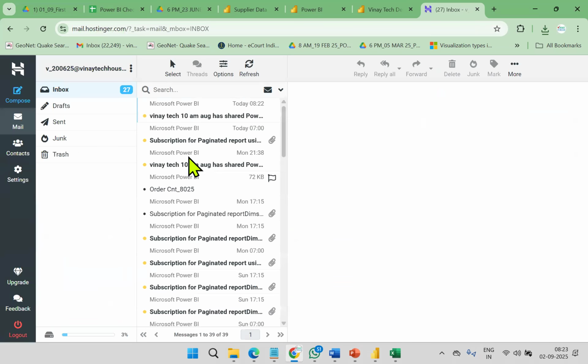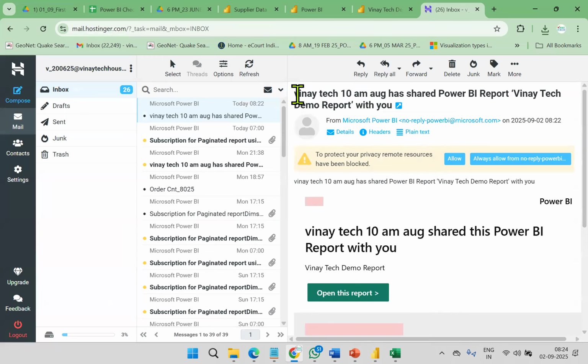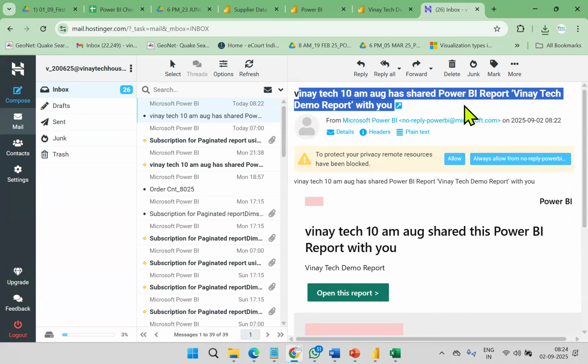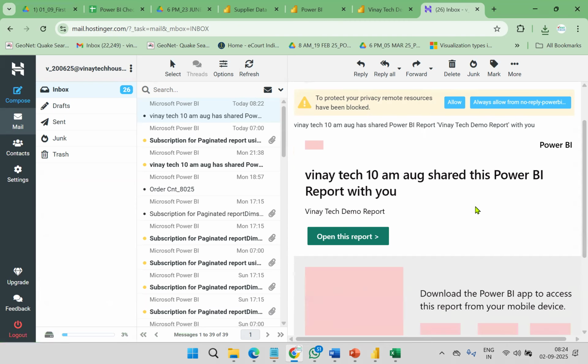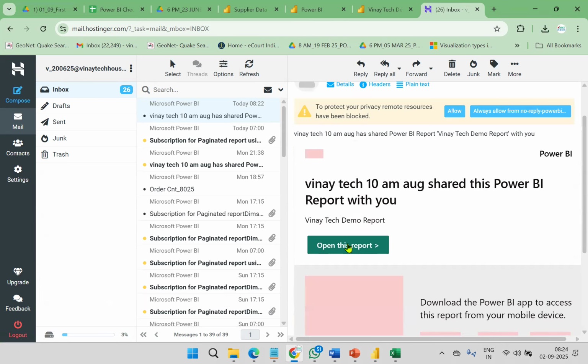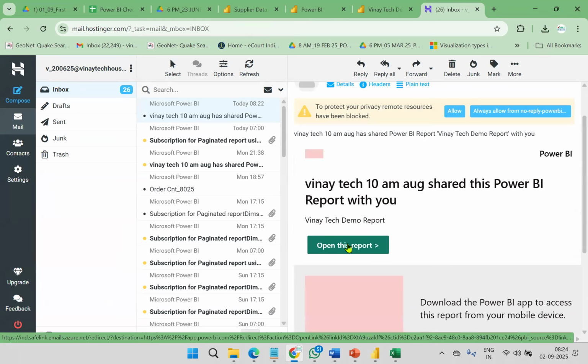I'll open my email box. So when I take 10 a.m., I just shared a demo report with you. The user will receive information like this, from no-reply powerbi.microsoft.com. They will receive a link like this. Once the user clicks, the report will open. This is a mailbox.